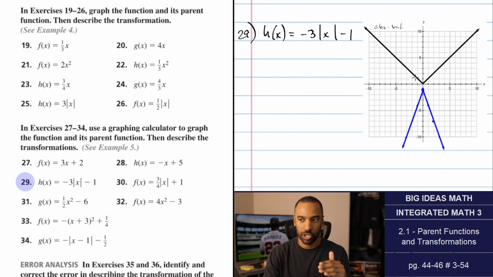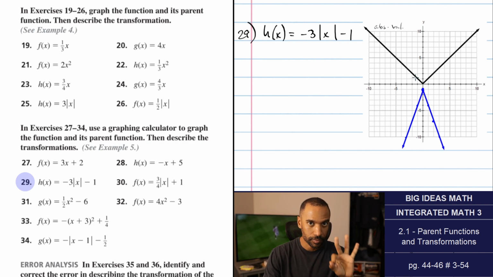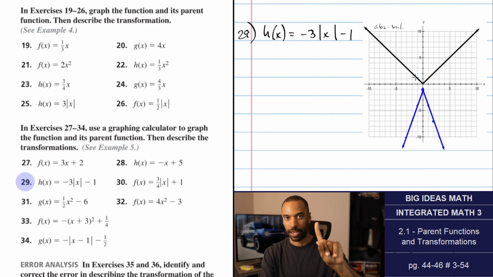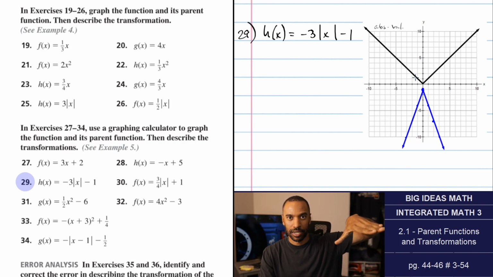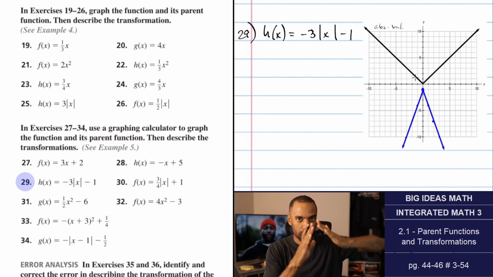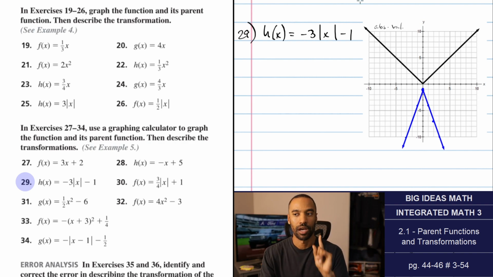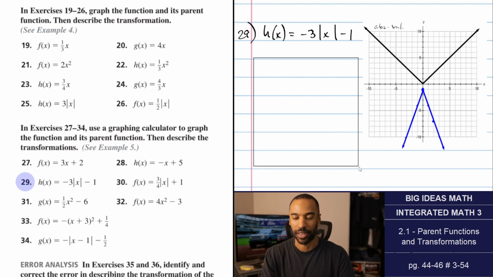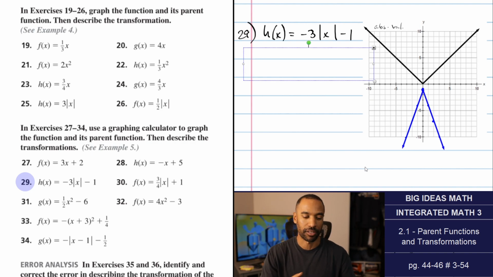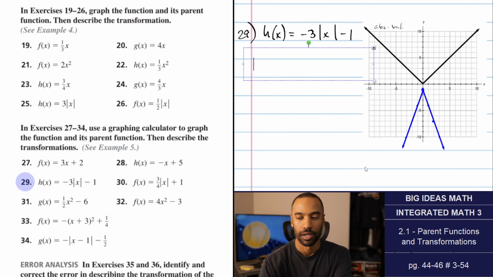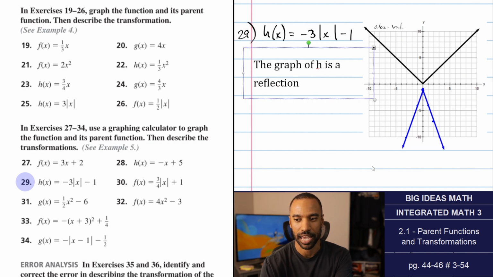Now compared to the original, 3 things happened. One was a reflection. It flipped over. The next one, it became narrower. It's 3 times taller than it was, only downward. And then we shift it down 1 unit. Even though I started by shifting it down 1 unit, I have to describe it last, just like how it mathematically calculates. All right, the graph of h is a reflection in the x-axis,